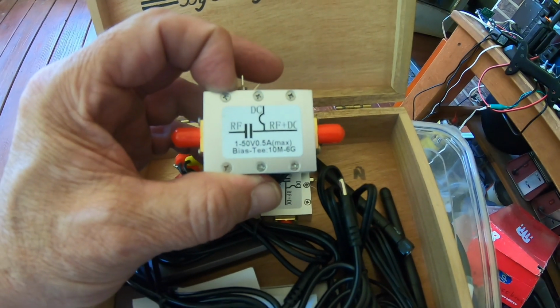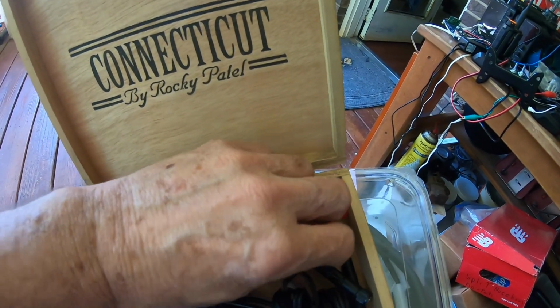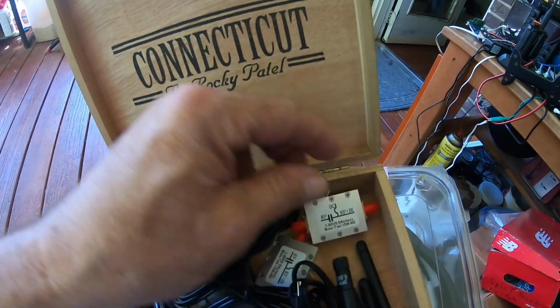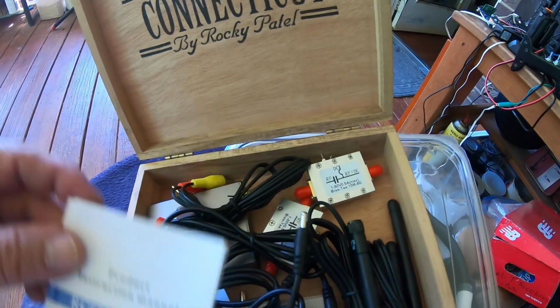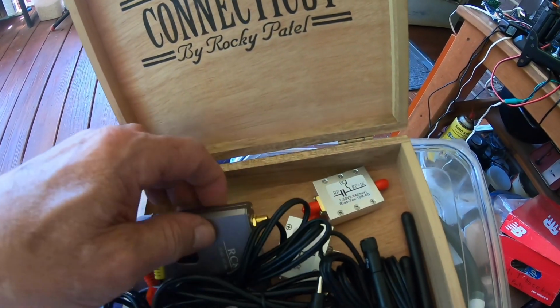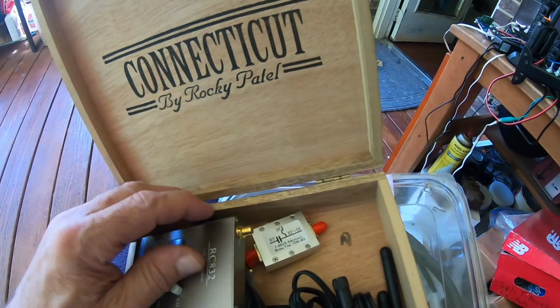Well, good morning, ladies and gentlemen, and today we're going to take a look at some of the current equipment we have coming in for the new ham shack. And this is all 5.8 gigahertz drone transmitters and receivers, which transmit a television signal on 5.8 gigahertz. And here are the receivers and the antennas and the bias tees for the amplifier at the top of the